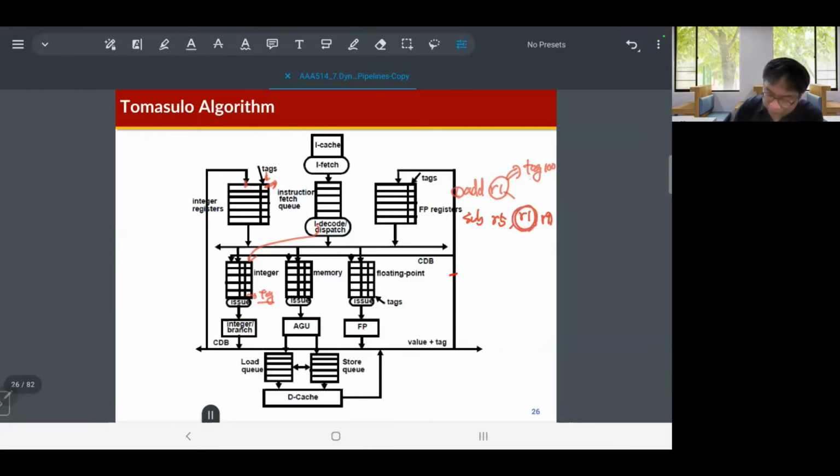Because R1 is changed to the tag number, like tag 100, the sub instruction needs to consume the result of this add instruction's R1, but this R1 is changed to the tag number. So when the sub instruction is dispatched to the issue queue, it uses the tag number, tag 100, instead of R1. How about the following add instruction, R1? So in this case,